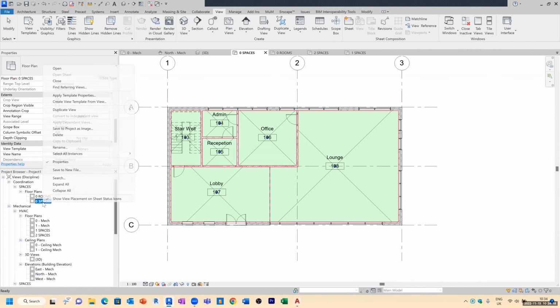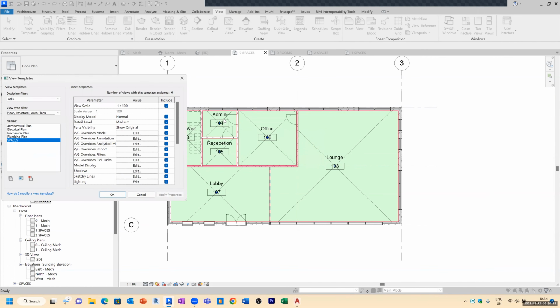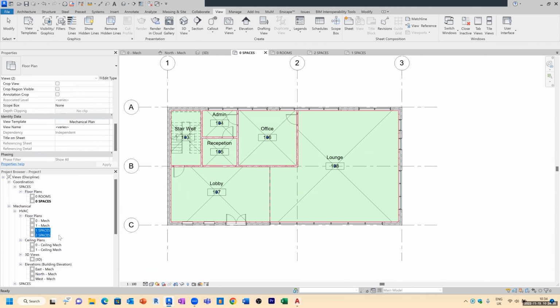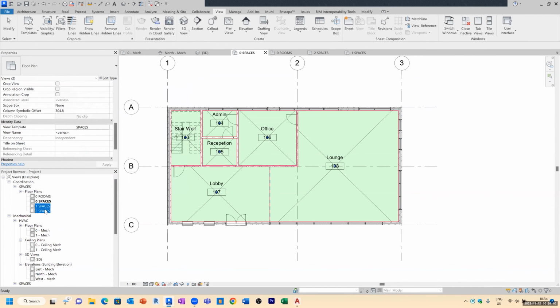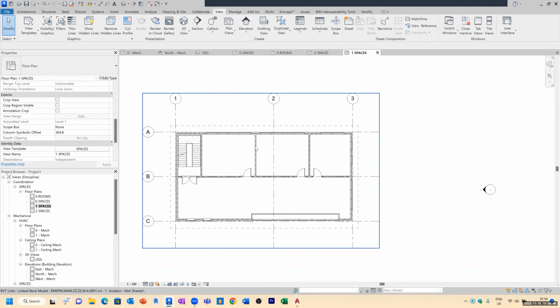I'm going to create a quick template from that view. So let's go to create view template from view, and I'm just simply going to call it spaces. Okay. So now if I select those 2 new views, I can then change that template to spaces, and it will put them in the right place in my project browser, and it'll turn everything off